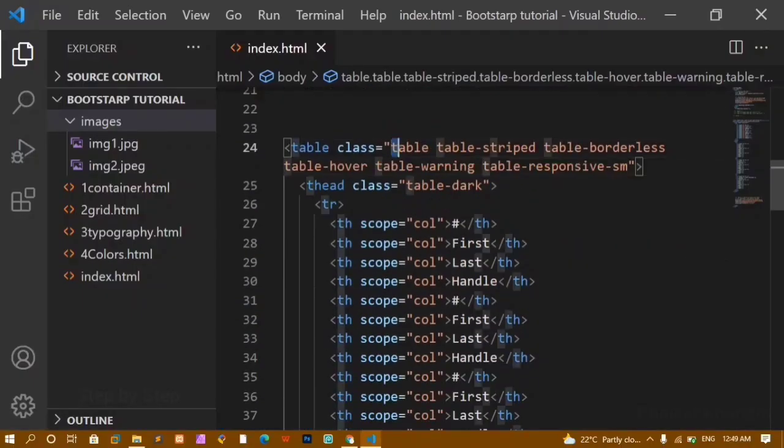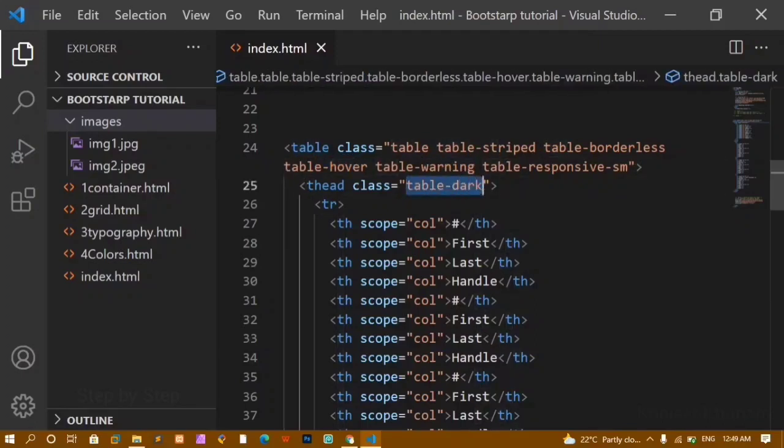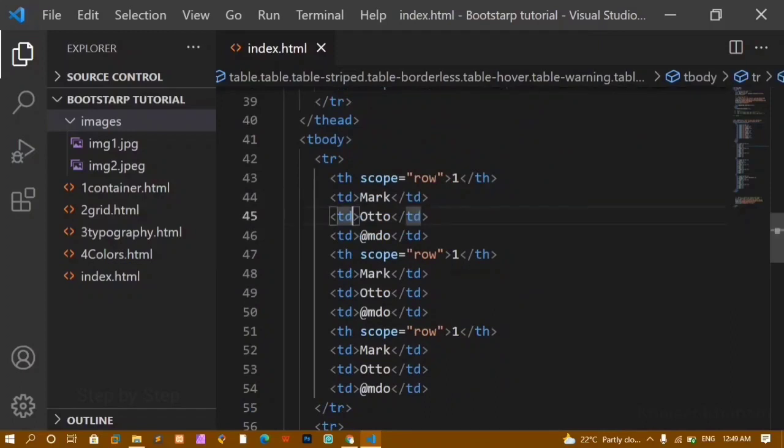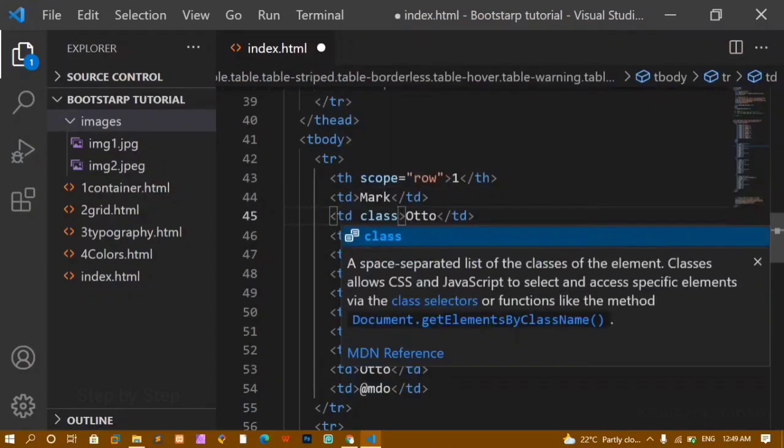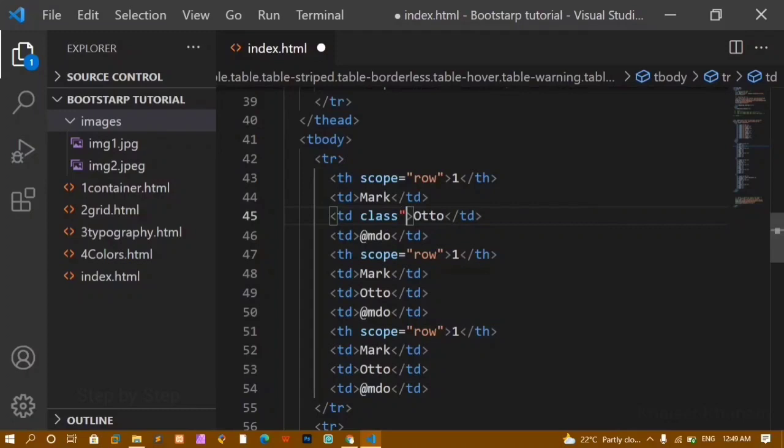We can just write here table. You just have to write here table class. Then we are having table-striped, table-borderless, table-bordered, table-hover, table-warning. Okay, you can give any colors here, and inside header also you can give, like inside this table data, if I just write here class,